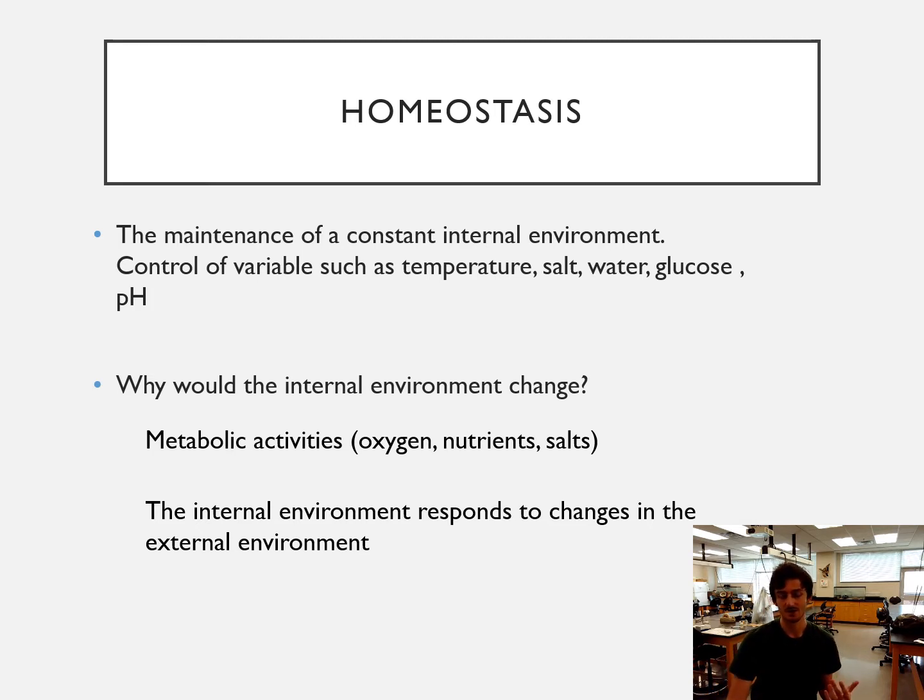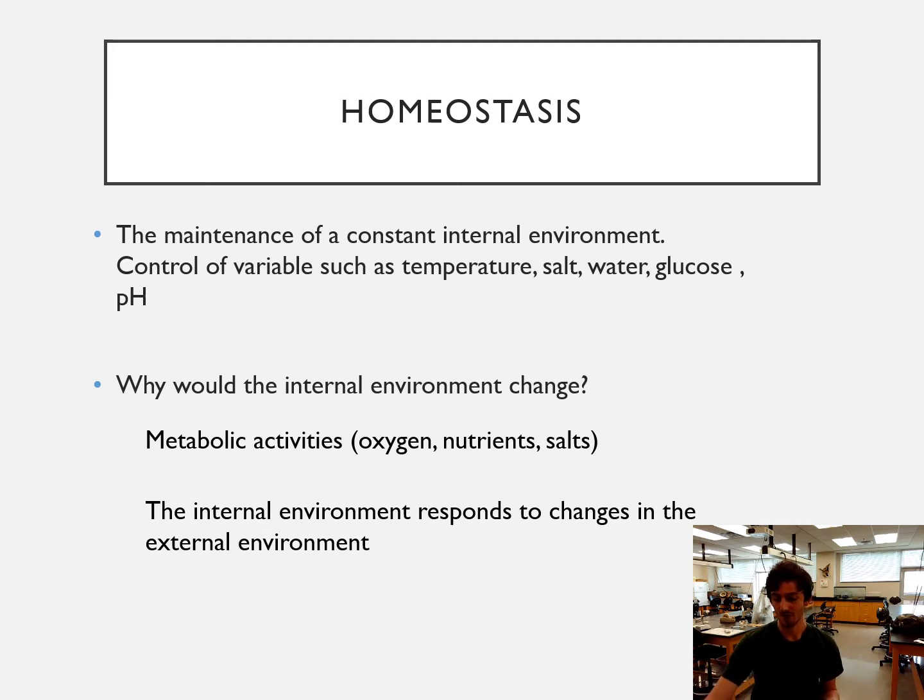The stomach is constantly absorbing new food. That changes pH, so you have to excrete more acids or enzymes. The pH of your blood changes very slightly, but it does change from time to time based on how much exercise you're getting. If you're running, the pH of your blood changes because your body's absorbing oxygen and creating CO2 much faster. So it's important to maintain a constant internal environment, or at least as close to constant as it can be,